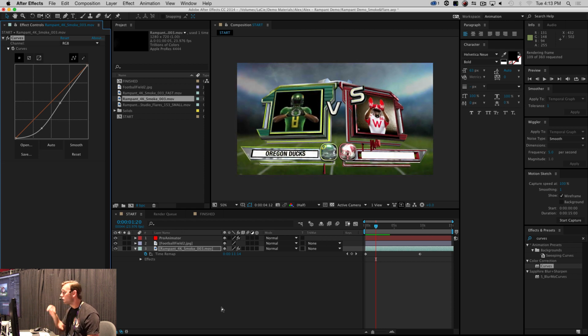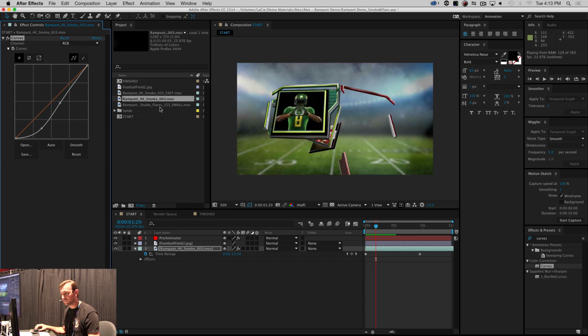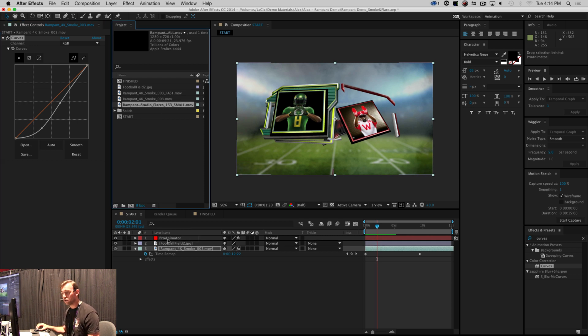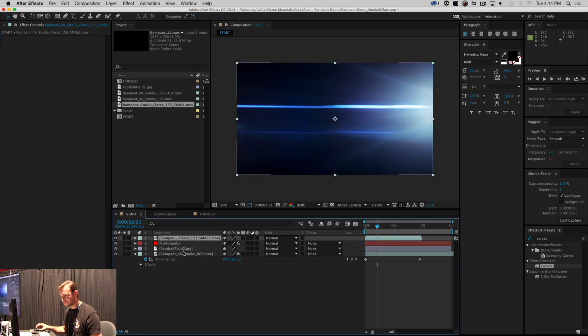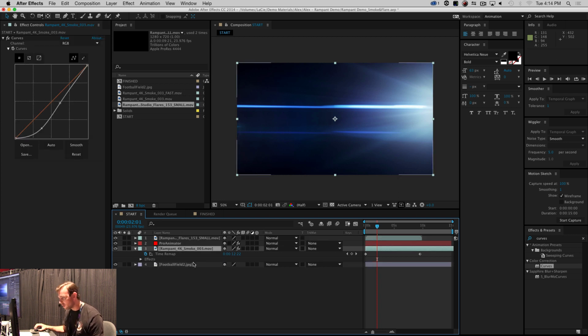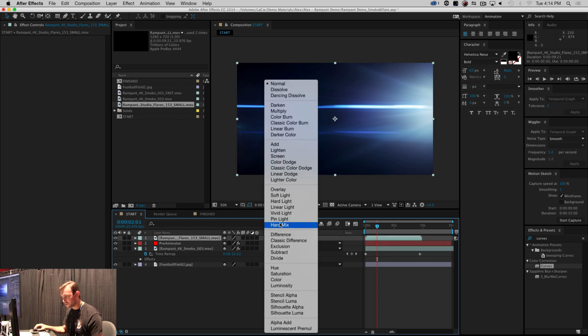Good. The last thing, I'm just going to add one more thing, is I'm going to add a lens flare. It's pretty simple, and we do support lens flares inside of ProAnimator, so if you want to go that route, you can do that route. But instead, I'm going to show you a quicker way, and the quicker way is to use a pre-rendered lens flare. I'll just drag this, put it on top of my guy right here, and I will select it, go to my blending modes, turn it to screen,